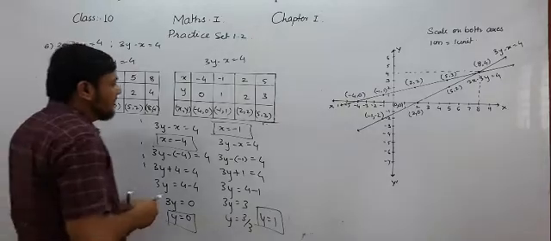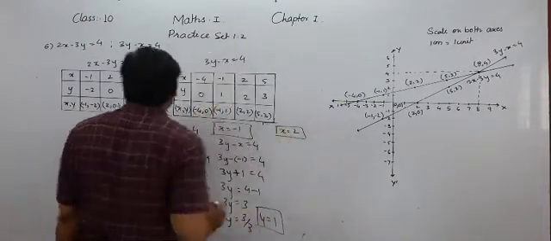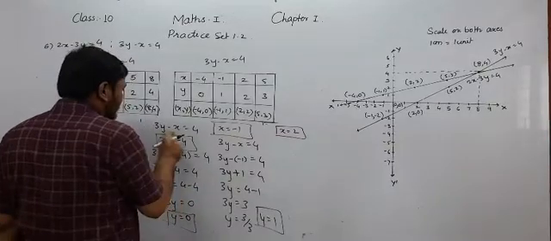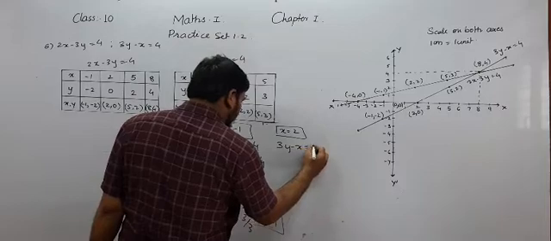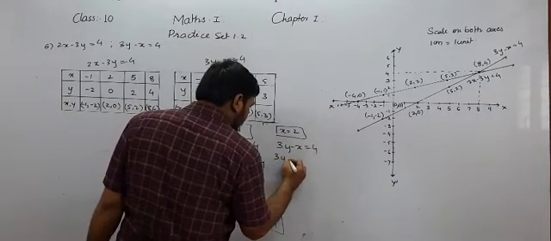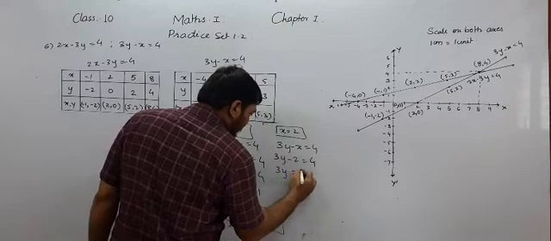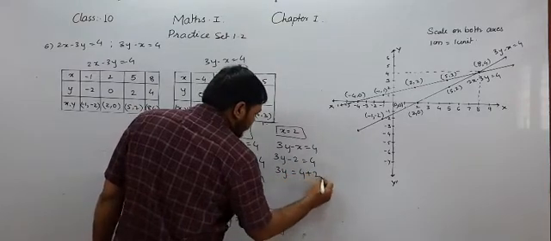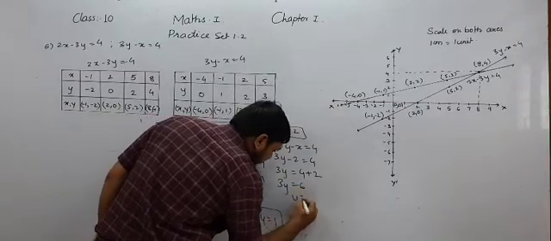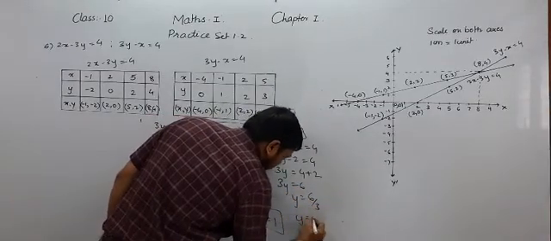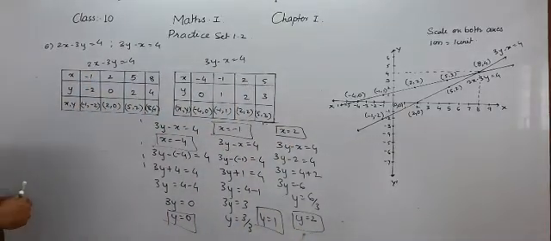Now after that we have to put x equal to 2. So in this equation 3y minus x equal to 4, 3y minus 2 equal to 4. So 3y equal to 4, this negative 2 will be positive 2 on the RHS. So 3y equal to 6. y equal to 6 by 3. y equal to 2. So you have seen that if we put x equal to 2, then y will also be 2.